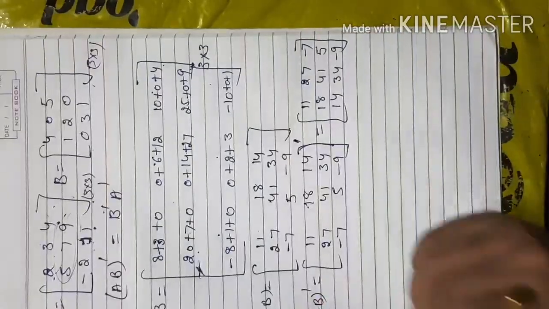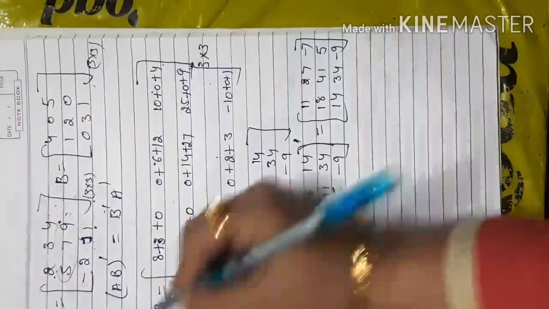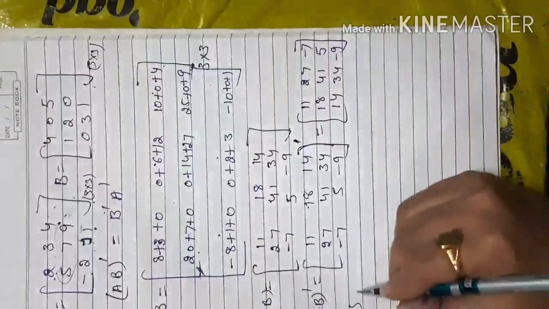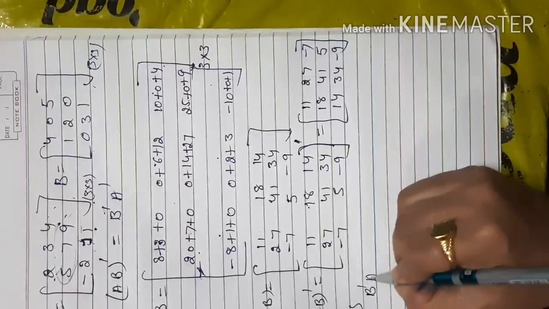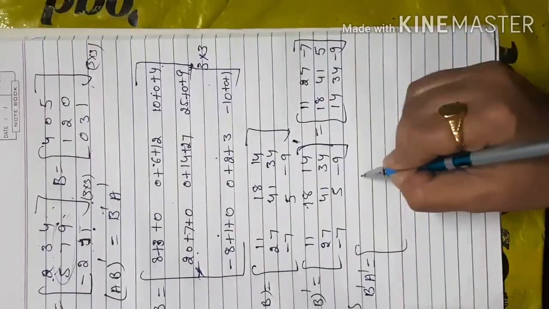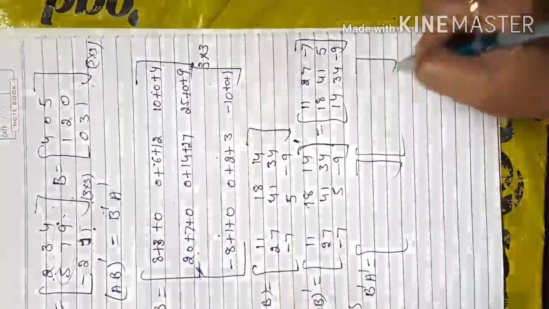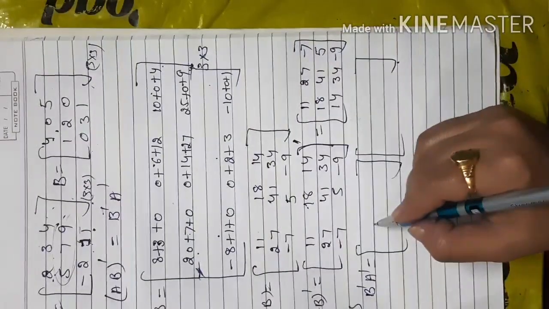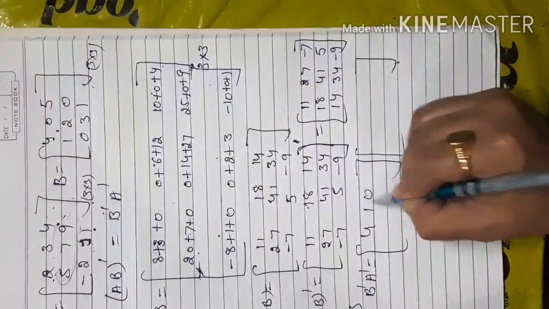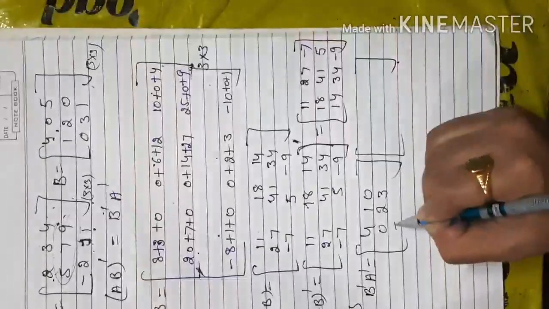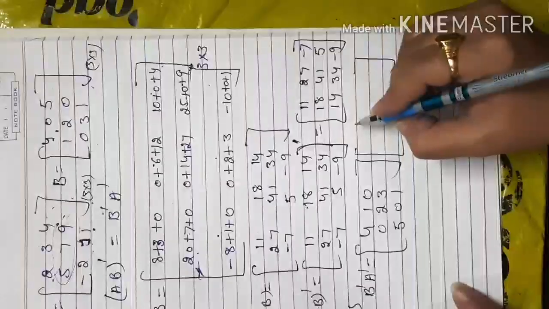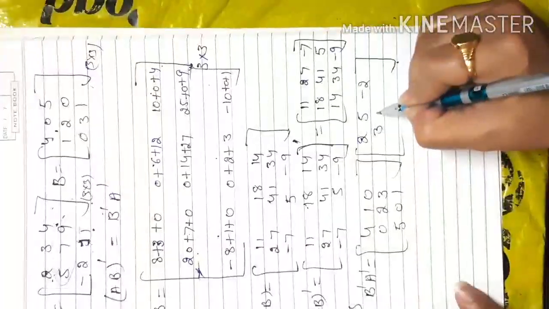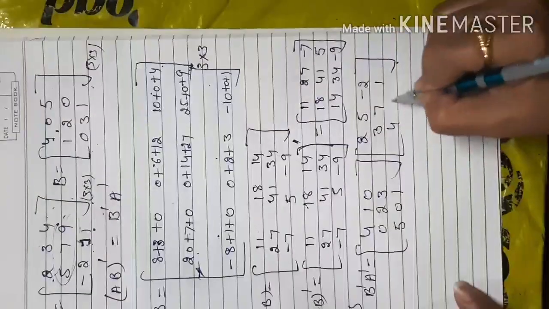Now next, this was our left hand side. Now we verify with the right hand side. The right hand side said that first you transpose, then multiply. So if I go with B transpose and E transpose, I'm writing the transpose directly. So here 405, 120 and 031. I'm going to change directly here: 410, 023 and 501. Here also in the second case, 25 minus 2, then 371 and 491.